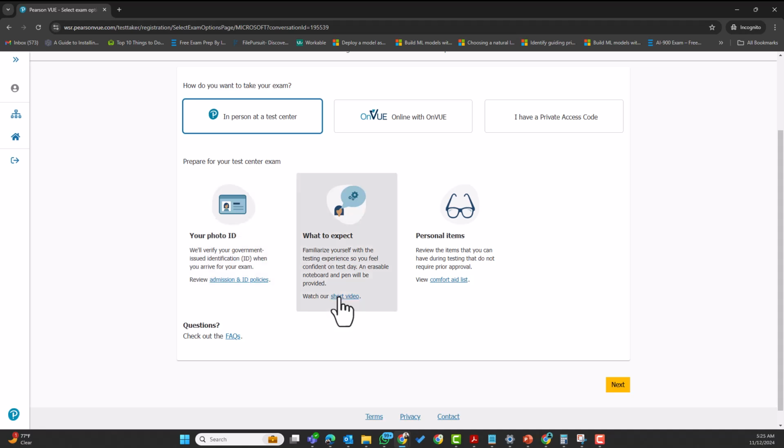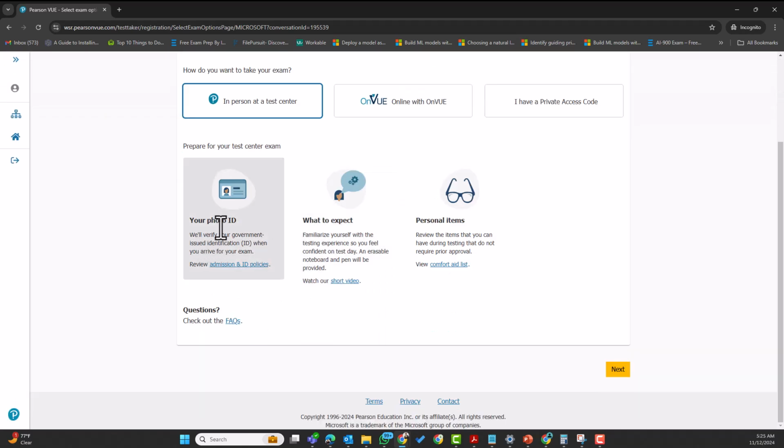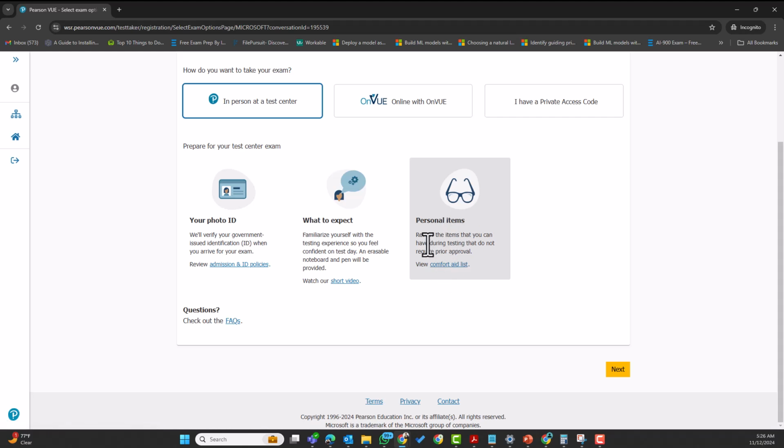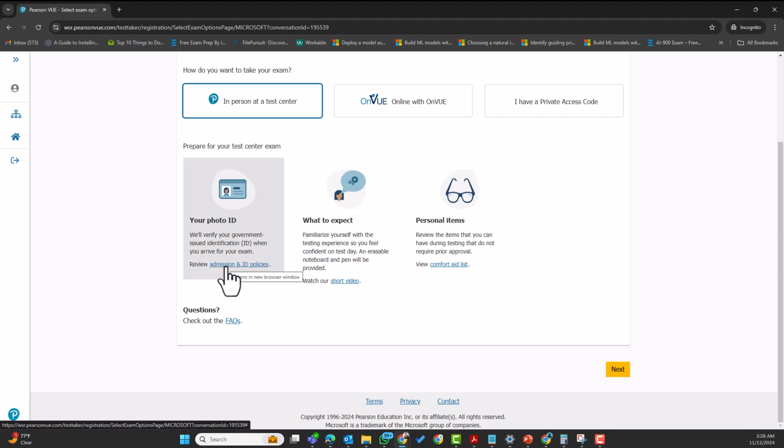It will tell you that you need your photo ID. Familiarize yourself with what to expect. Just watch these short videos, right? Then probably if you use glasses or anything, there are things that are approved that you can use during the exams. You are advised to click on this URL to read about the admission and ID policies, because some test centers require you to have at least two forms of